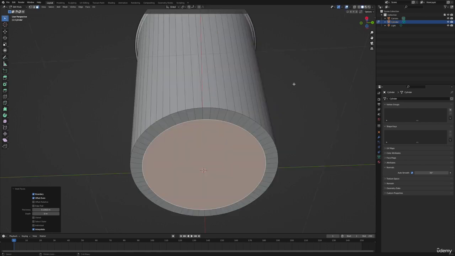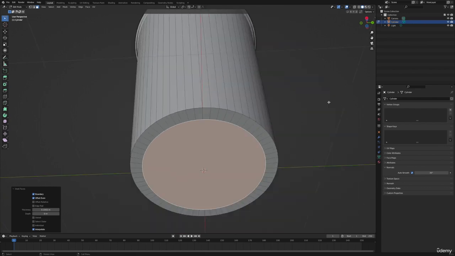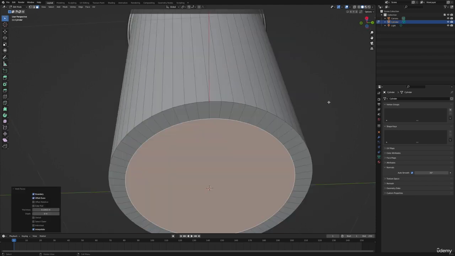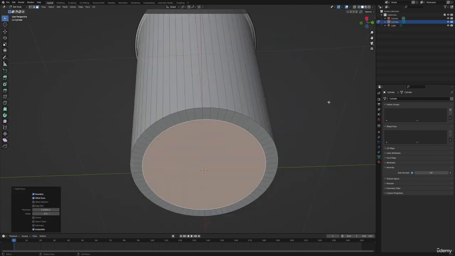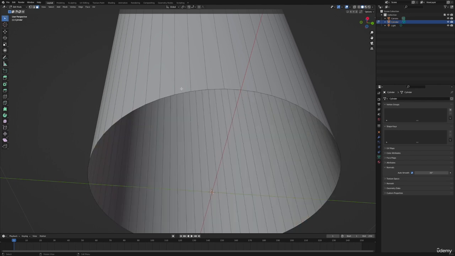Small fun fact, funnily enough, I get this question in classes a lot. Why doesn't the tool go all the way to the inside? And then I just like to call on people to turn on their own heads, and then it usually knocks them down. If we just delete the face for a moment, simply because we don't need it at the moment,